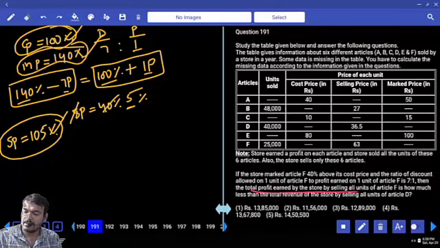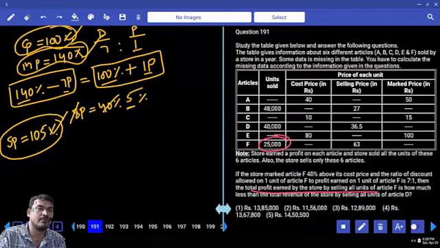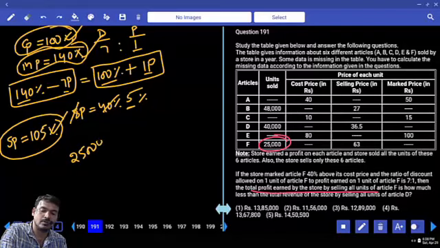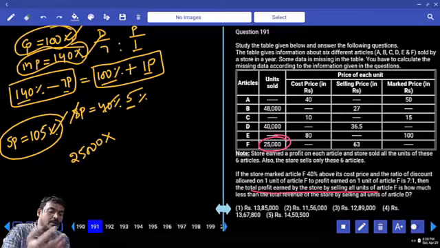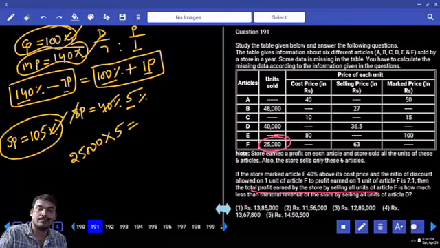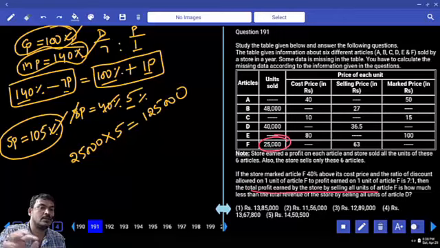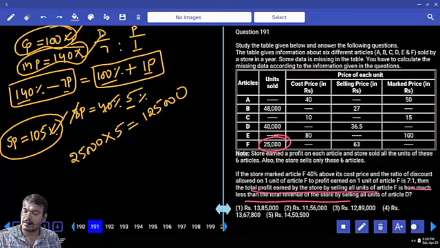Next point: the total profit earned by the store by selling all the units of article F. How many units of article F are sold? 25,000. Every unit profit is how many rupees? 5 rupees. 25,000 into 5, we get 125, with 3 zeros. And it is how much less than the total revenue of the store by selling all the